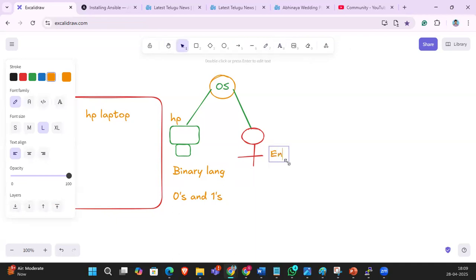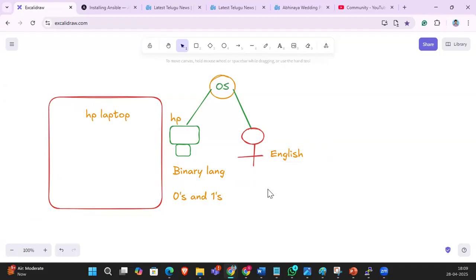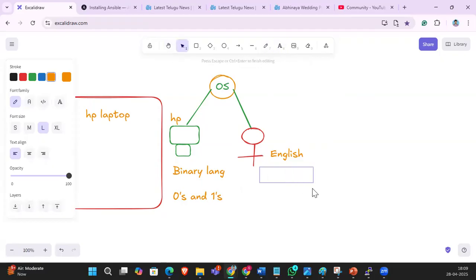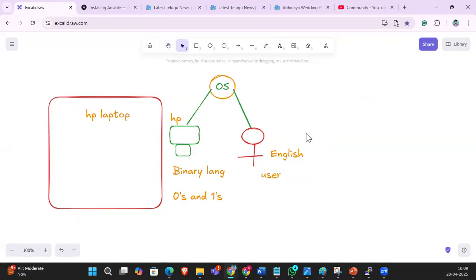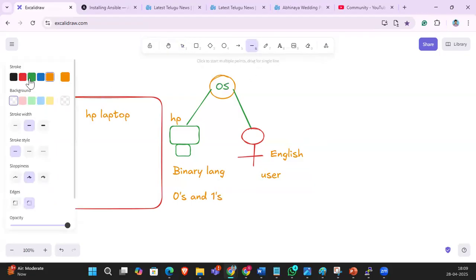How are you interacting with your laptop? You are interacting with the laptop through English only, right? So user knows only English language.